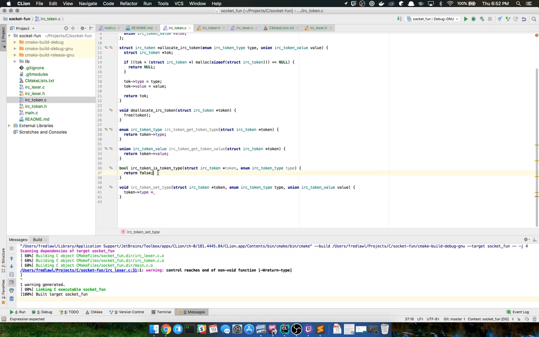Before I forget, I need to fix this for sure. I'm not entirely sure about the immutability right now. It's going to create a new function for me. Well, not function, comment here, to remind me, but this I do need to implement. So if type, token type, equal to type. Yep, that was pretty simple.